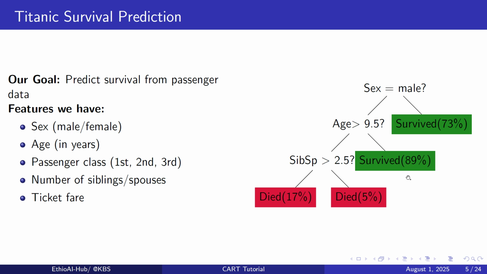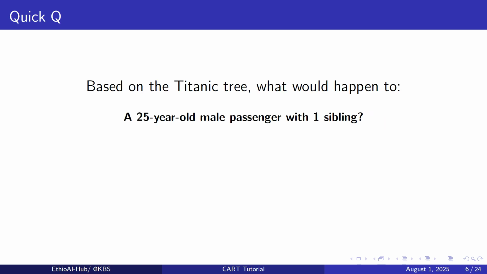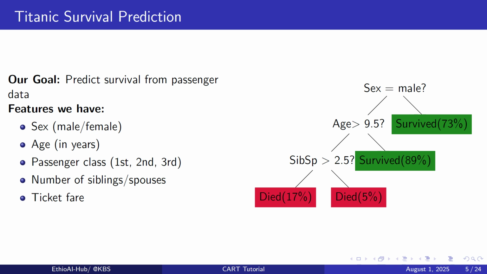ሶ እዚህ ጋር የምታዩት ዳታ ላይ እንግዲህ ፊሜል መሆን፣ እድሜው ከ9 ዓመት በታች መሆን፣ እና of course number of sibling small number of sibling መኖሩ kind of influence the decision. It can tell you that ህፃናትንና ሴቶችን ምናምን ለማዳን ቅድሚያ ሰጥተው ነበር ማለት ነው. It gives you an insight. So basically this is how decision tree works. So አሁን ባየነው ዳታ መሰረት, based on the Titanic tree what would happen to a 25-year-old male passenger with one sibling, right? መልሰን እዚህ ጋር ማየት እንችላለን 25-year-old